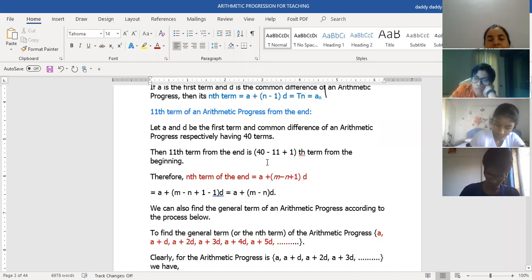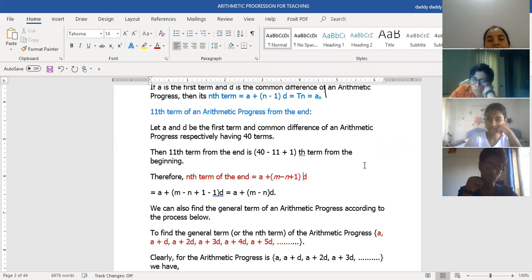Okay. So if you have 40 terms, Siddhant, right? Yes, ma'am. So if I ask you to find out the 11th term from the end, means from the end of the series, your 40th term will become your first term, isn't it? Yes, ma'am. From the end, now you are starting to count. So 40th term is your end term, first term. So please, like addition you do on your fingers, just start counting.